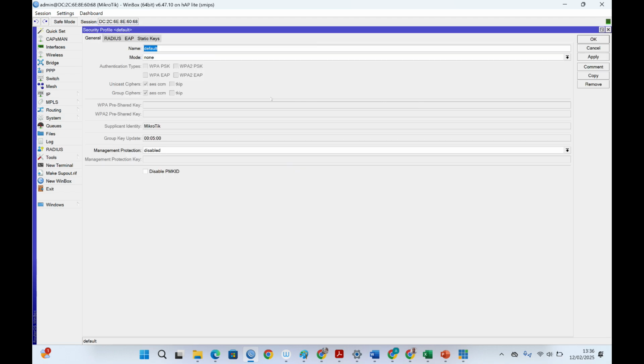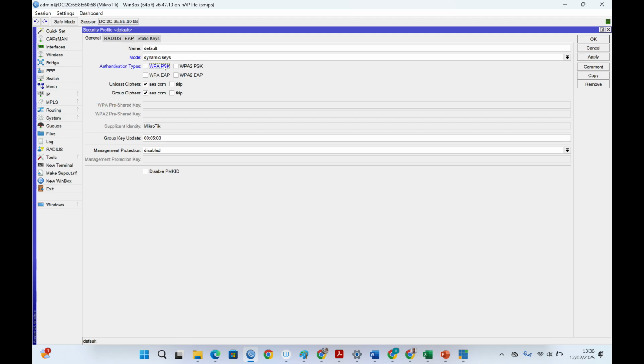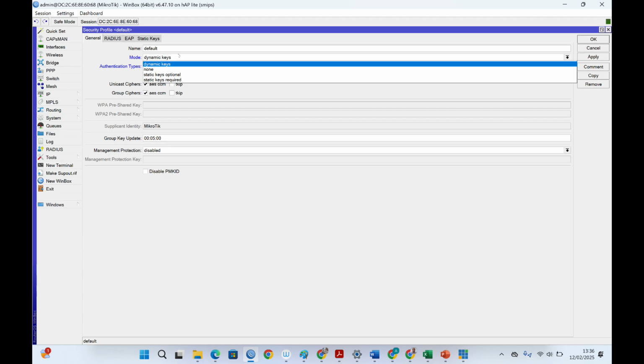Are you seeing it? Are we seeing it? On that small window, it will be on general by default. On general, who is saying no? Okay. On general, who is not seeing it? Click on wireless. Click on wireless. Okay. Security, there's nothing. That means yours didn't have a security. Yours didn't have security before now. Okay,